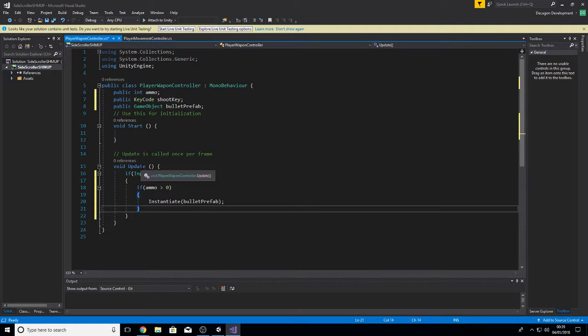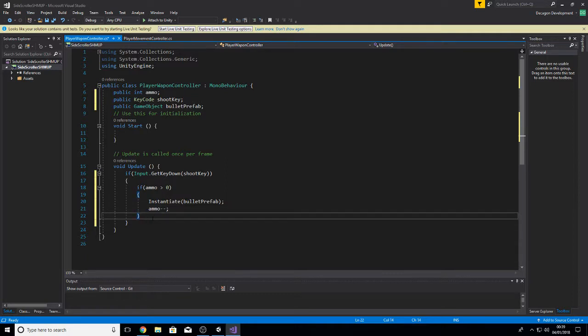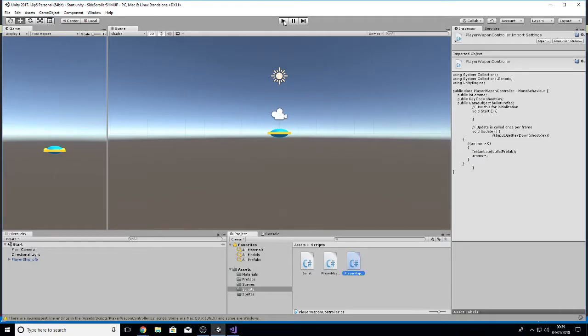Okay, so basically, if we press the button, and we have ammo, we'll instantiate the bullet prefab and take one away from the ammo. Yeah, that sounds sensible. I think that'll do. Let's just try that. Now, if I press play,